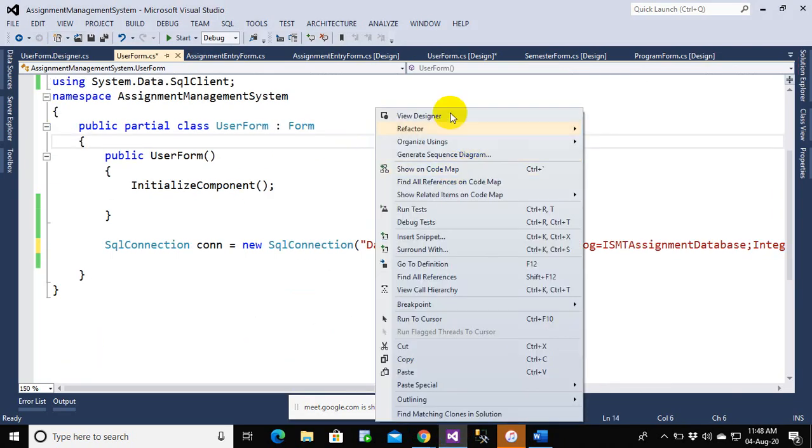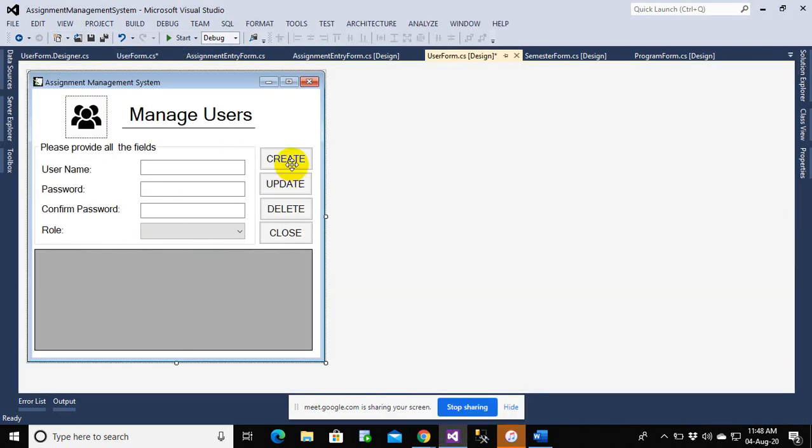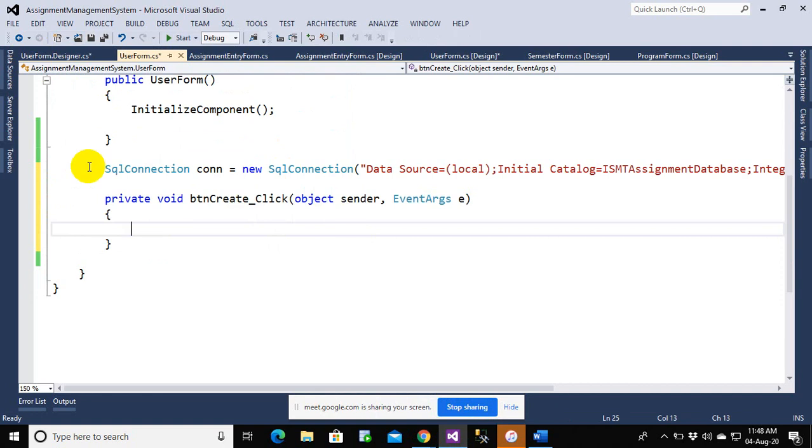So let me go to the designer part, and let me click on this create button. You can see I've already created the SQL connection on top of this button so that this becomes a global variable. Now let us say that I want to write a SQL command. CM is not SQL connection, I just want to write SQL command. CMD equals new SQL command, and here I want to write my SQL,